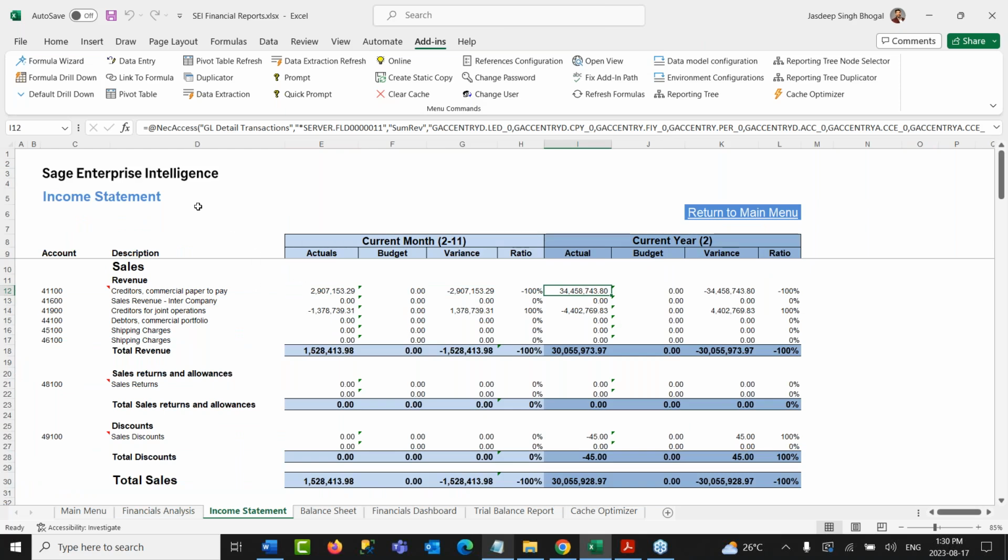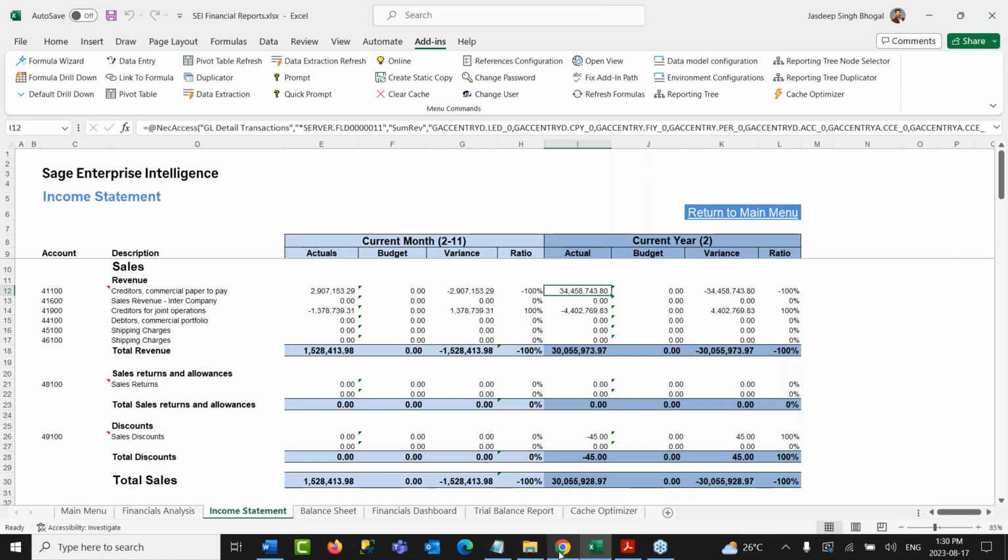And we can create one report like this and replicate it across other dimensions using the tool called Duplicator, where the same report can be created for multiple companies, and you could have multiple tabs for each company, and each report will show you the numbers for that specific company, but at the same time keeping the same formatting and layout of these reports. So you do not have to rework each individual report. So that's the added advantage of Duplicator.